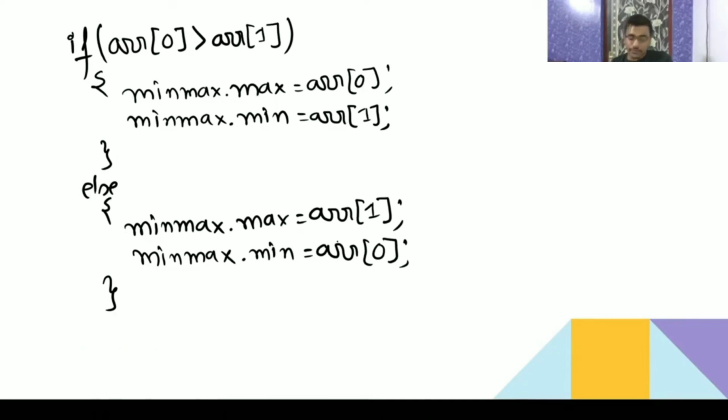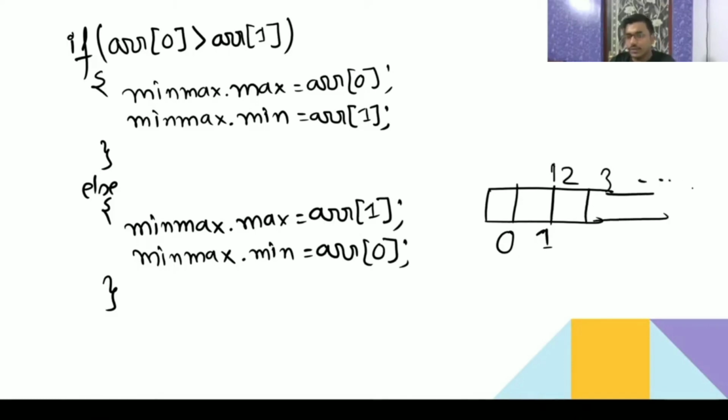Now I will start from the third element. Okay, so index 0 and 1 we have done; between these two I have checked which is min and max. Now start a loop from 2, 3, 4 like this. We are going to compare with the current min and max and update them. See, here we got some max and min. Now take every element and compare whether that new element is maximum or the new element is smaller.